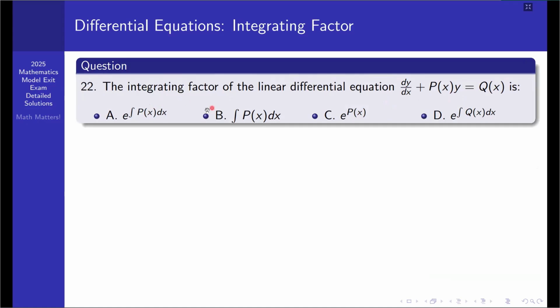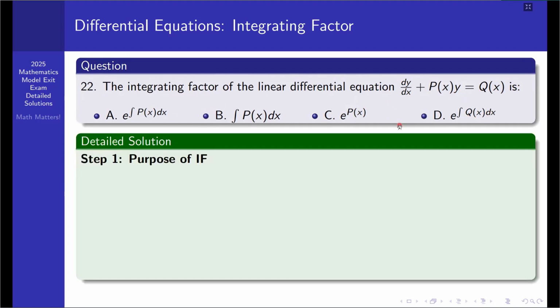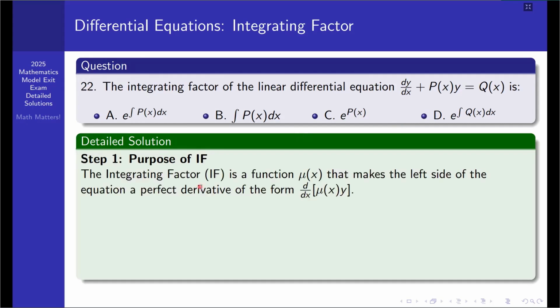Question number 22, again on differential equation. The integrating factor of a linear differential equation, that is dy by dx plus p of x times y is equal to q of x, is e to the power of the integral of p of x dx. First, let us see the purpose of the integrating factor for a linear differential equation. We know that the integrating factor is the function mu of x that makes the left side of the equation, dy by dx plus p of x y,